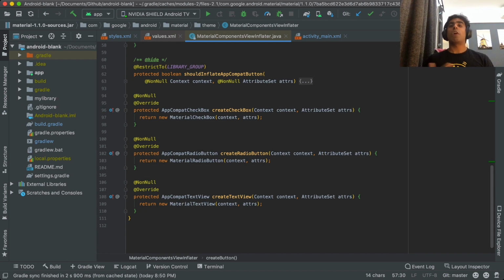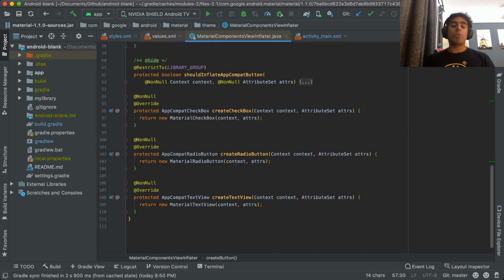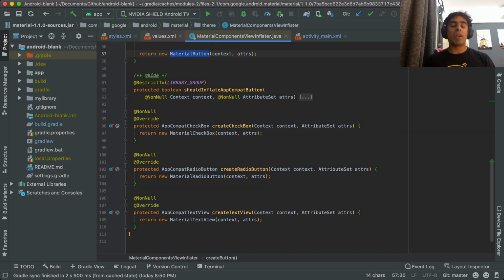I'm using version 1.1, and as more versions roll in and new updates come to the MDC library, it could be that they start to substitute more framework widgets for you when you just define them in XML. Currently they are doing it for button, checkbox, radio button, and text view.